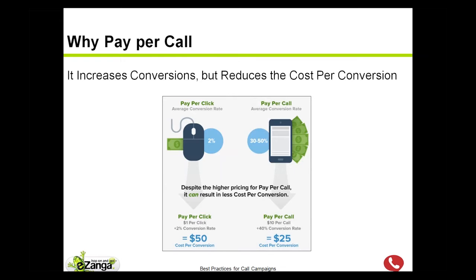So a lot of people initially shy away a little bit when they hear the price of a call, because it's a lot more than what maybe they're paying for a click or something like that. Well, when we back it out and actually look at the CPA, or cost per conversion, what we find is, say you're paying $1 a click and $10 a phone call, I mean, those numbers are adding an extra zero, but if you're seeing a much larger conversion rate in pay-per-call, then your cost per conversion will actually go down. So again, I'm not saying shy away from all other types of advertising, but I'm saying this is a wonderful addition to that part of the funnel.